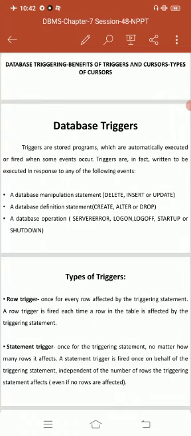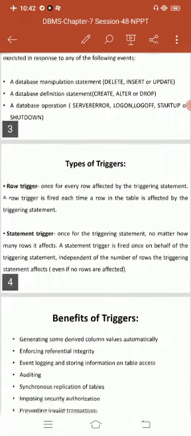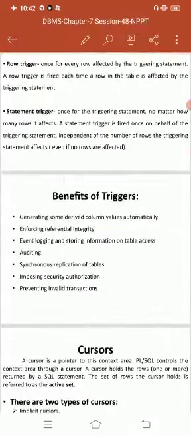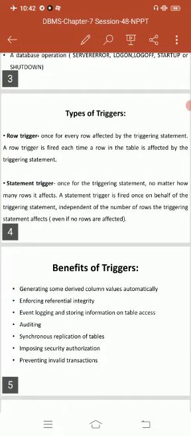A trigger has three basic parts. The first is the triggering event or statement, the second is the trigger restriction, and the third is the trigger action. What is meant by a trigger event? It is the SQL statement that causes a trigger to be fired.